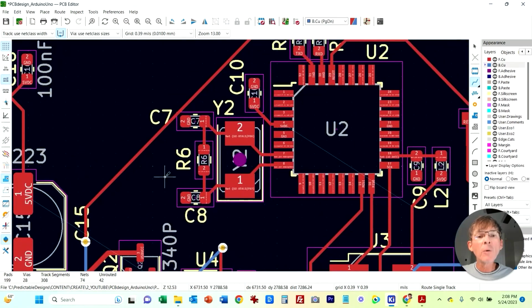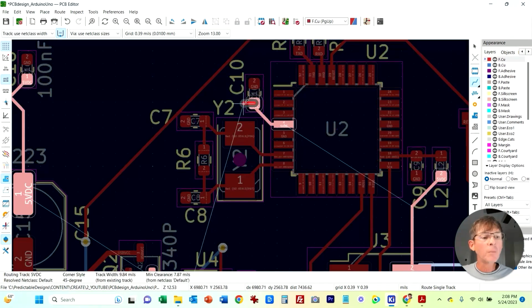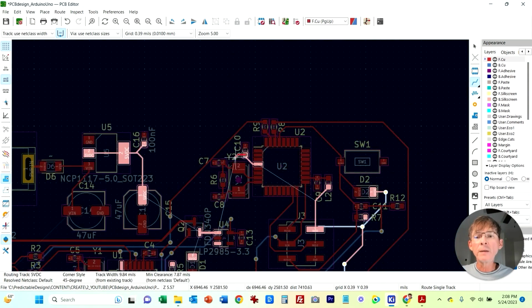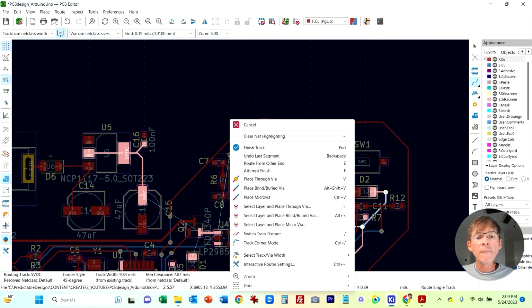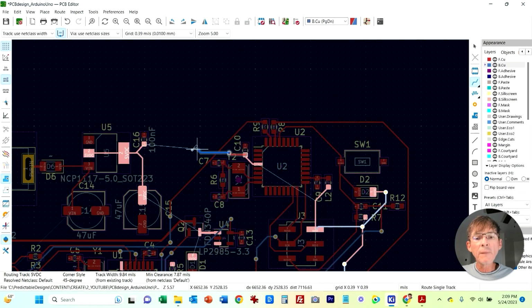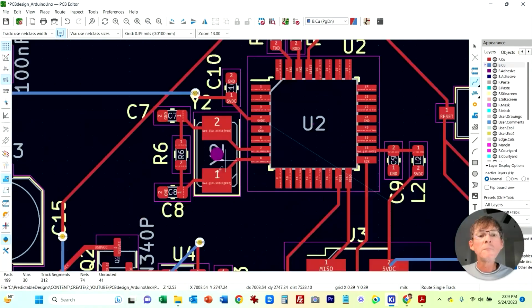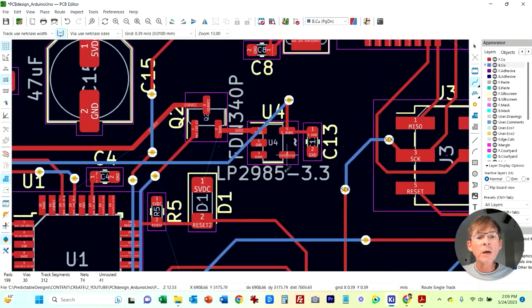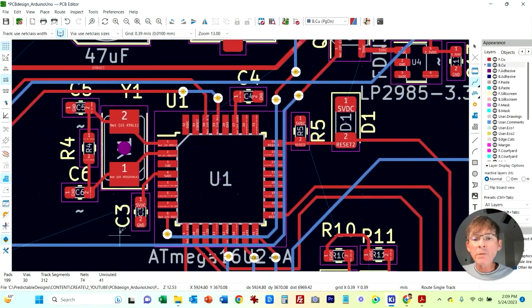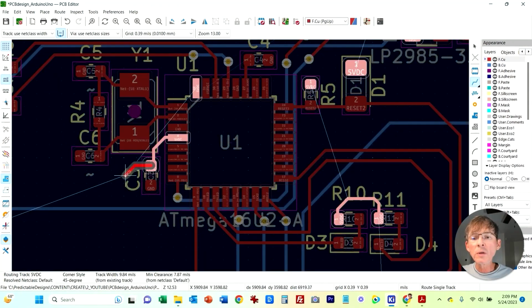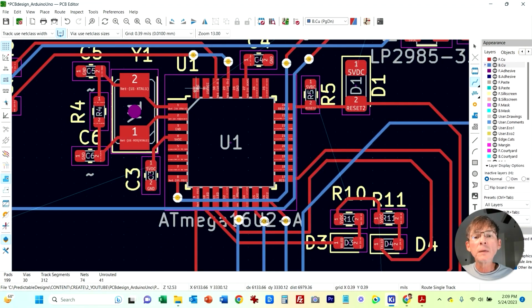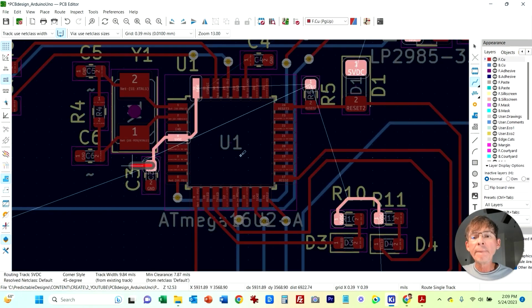Then here we need 5 volts also. We're going to grab that. Let's place a via, and I'm just going to tap off of that right there. Let's see what else we've got. This guy here needs to connect. I'm going to just connect those underneath the pad. And then